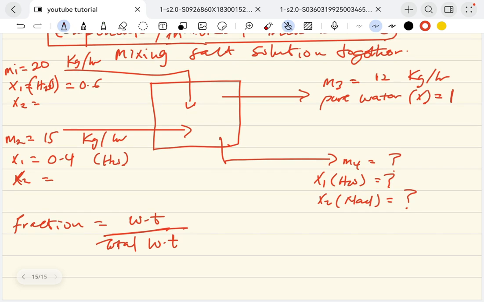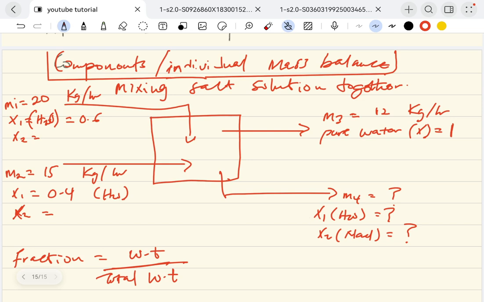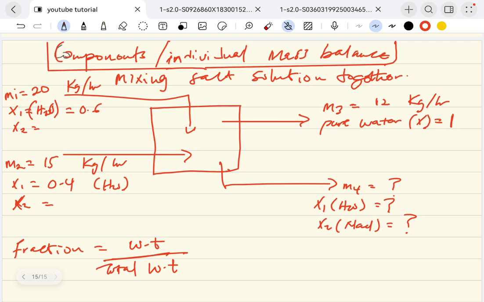Okay, my fellows. In my previous video, I explained why mass balance is very important in chemical engineering, especially when dealing with a complex process. You need to balance each and every component to make sure everything tallies, and that there is no problem or measurement error, in order to be able to estimate